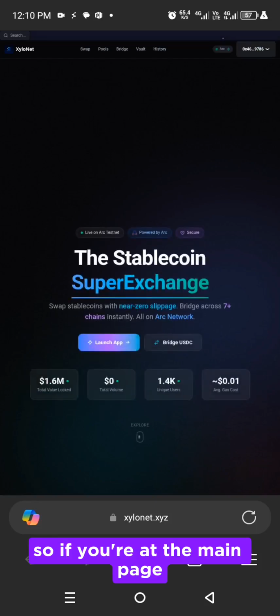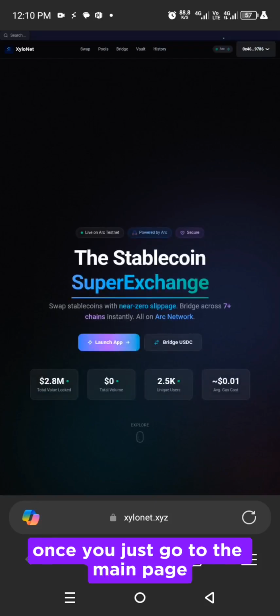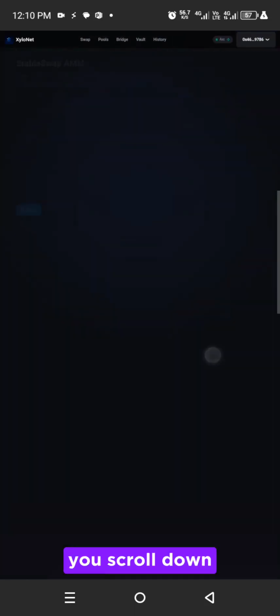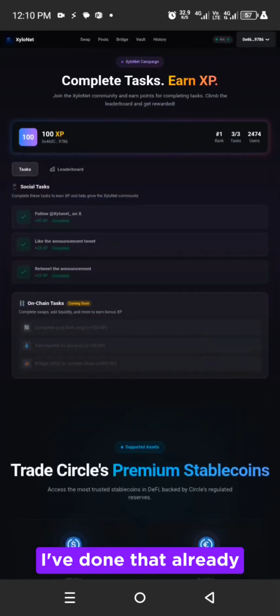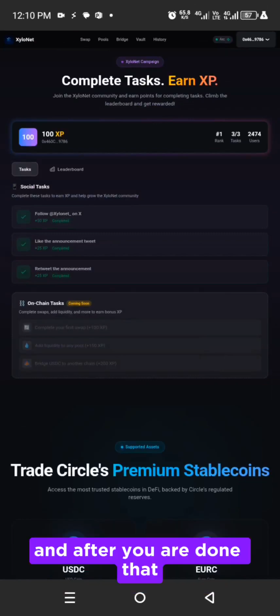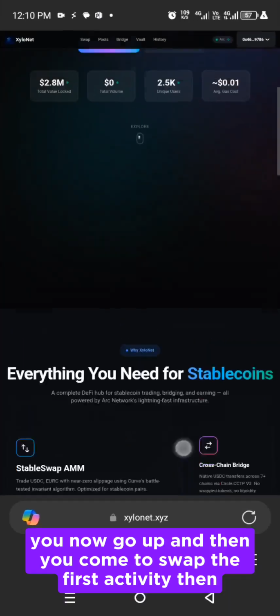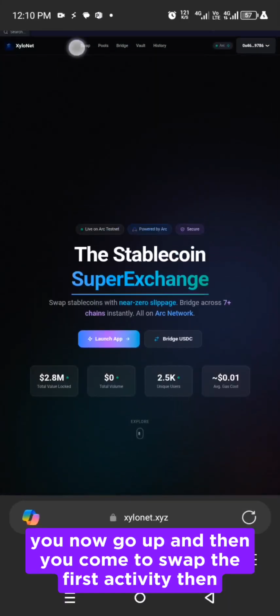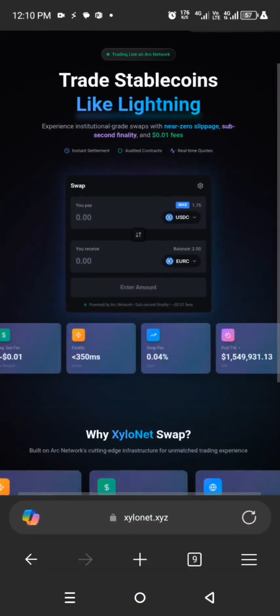page itself. So once you are at the main page, you scroll down. I've done that already. You follow them on all their handles and you interact to get XP. After you are done with that, you go up and come to swap, the first activity. Then you now swap